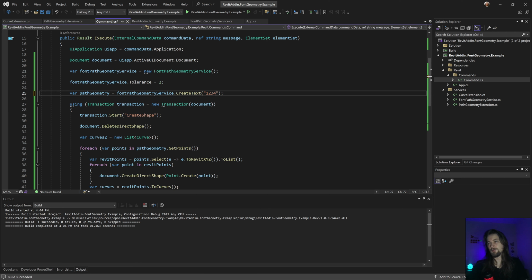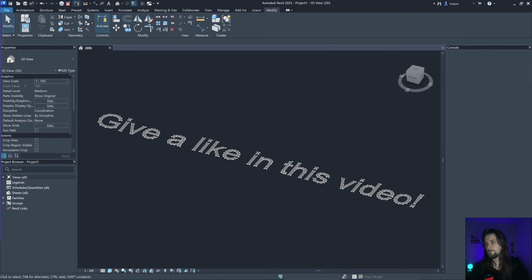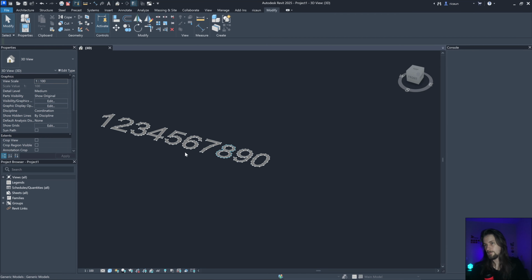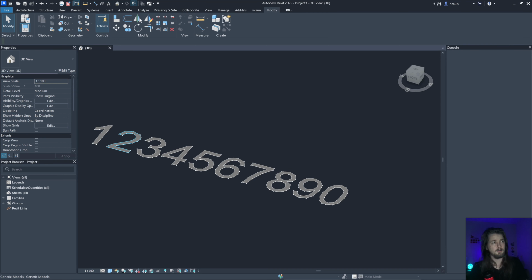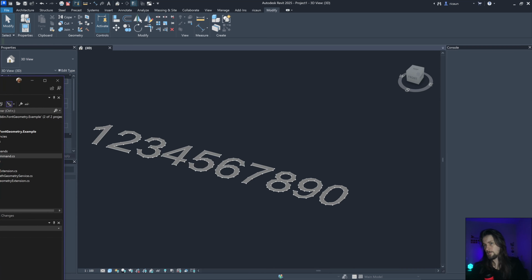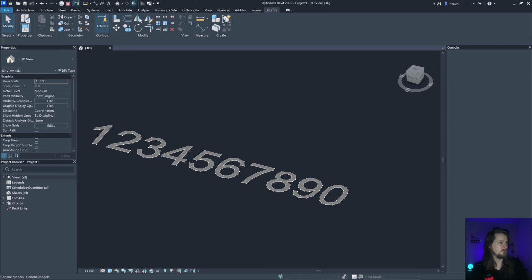Let's try 1 2 3 4 5 0 9 0. Yeah, this is working fine. One thing that I know is going to break is if I add a small tolerance. Yeah, this is going to break pretty bad. Yeah, that's adding a lot of points.